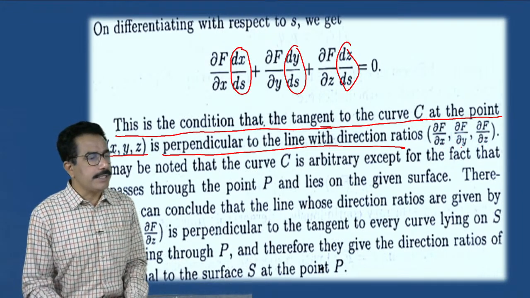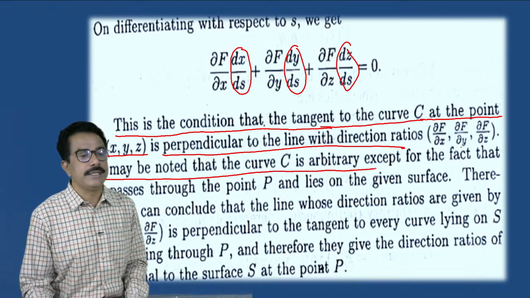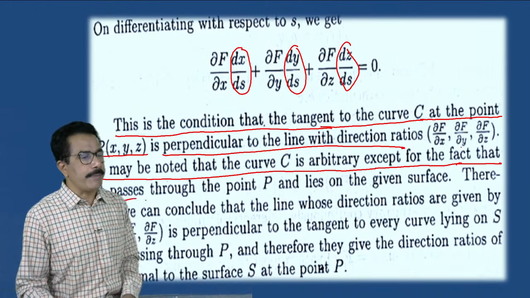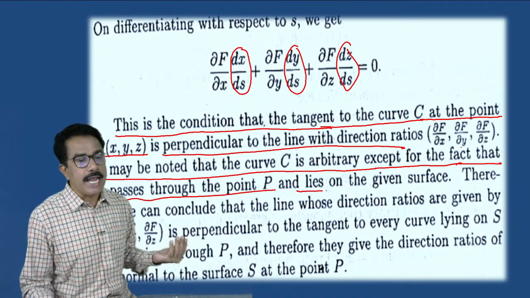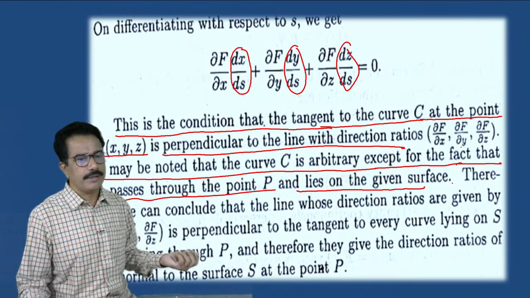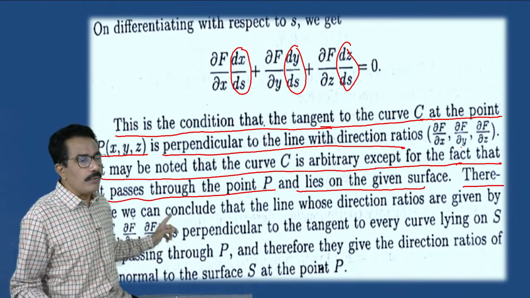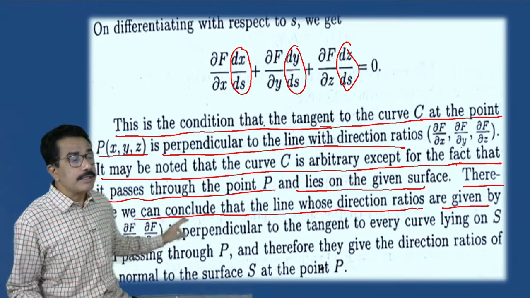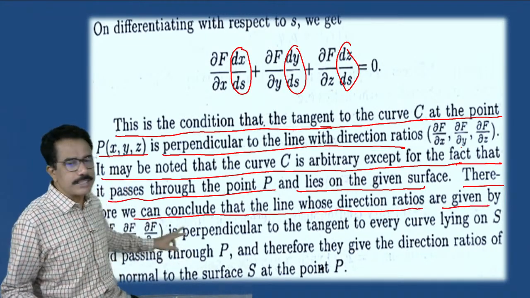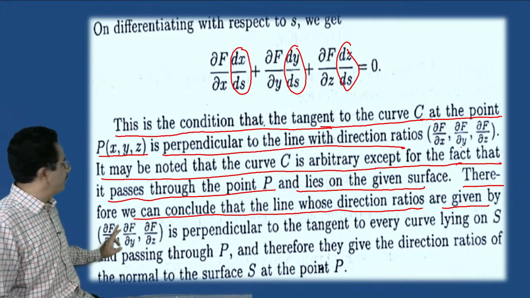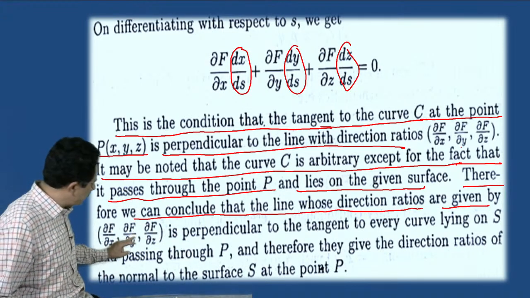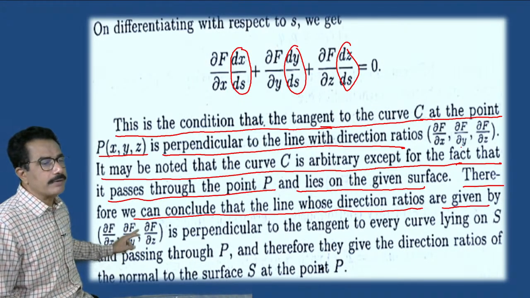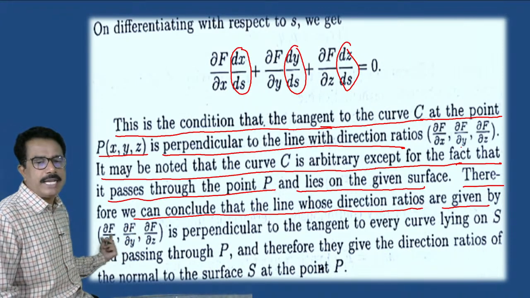It may be noted that the curve C is arbitrary except for the fact that it passes through the point P and lies on the surface. Therefore, we can conclude that the line whose direction ratios are given by dou f by dou x, dou f by dou y, dou f by dou z, that is L, M, N,